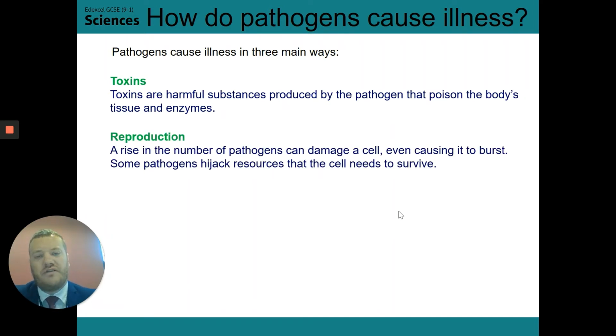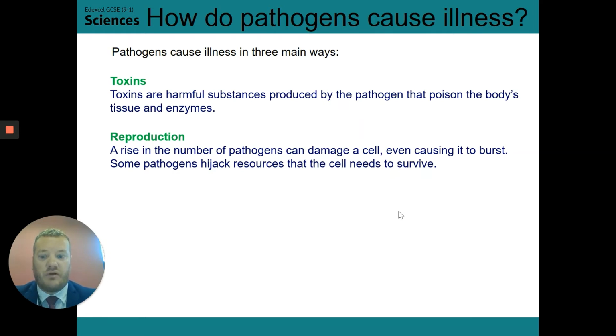Another way in which pathogens can cause illness, and here I'm thinking predominantly about viruses, but again, it can be caused by other types of pathogens doing this, is just by sheer weight of numbers, their reproduction, okay? So if we take viruses as an example, they make their way into your body. They will make their way into a cell and infect the cell. And that cell's obviously got all the machinery that it needs to make copies of itself, to make more cells. But what the virus does is it hijacks that machinery, and it tricks the cell into making lots of copies of the virus instead of copies of itself, until the cell is full of these viruses, and so full, in fact, that very often it will burst.